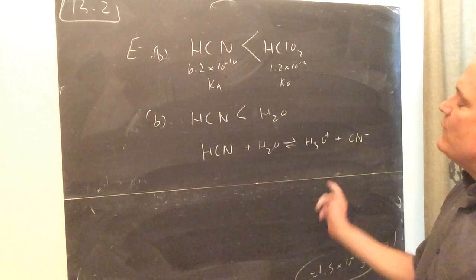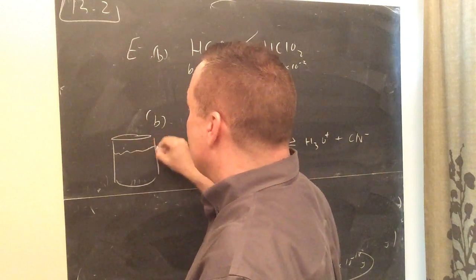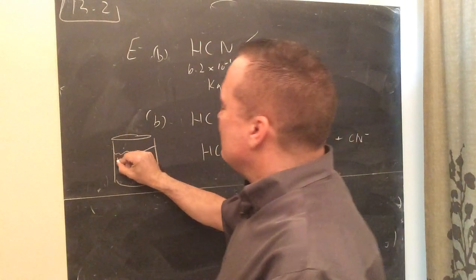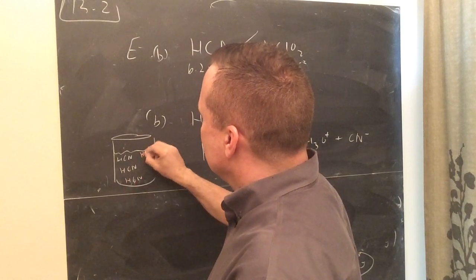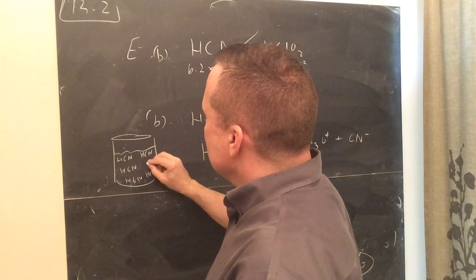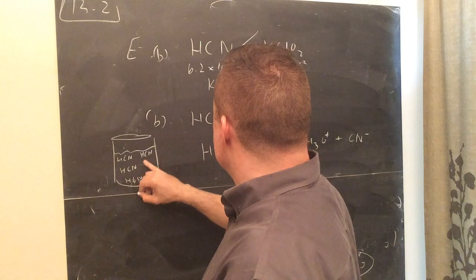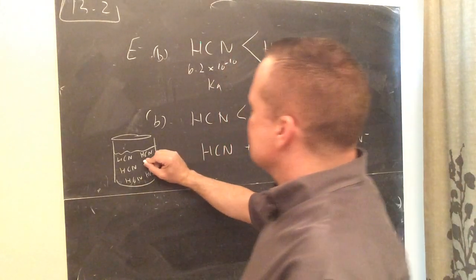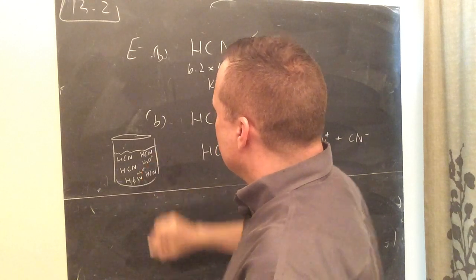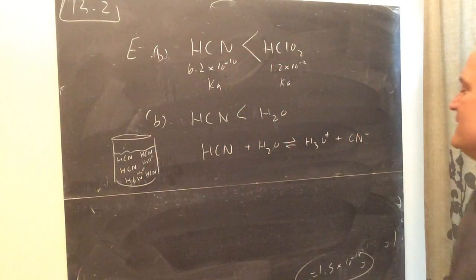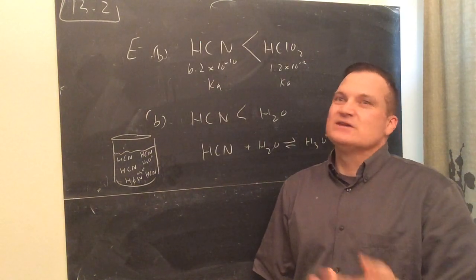Where does the equilibrium position lie for this? Okay, it's almost all on the right. The left. Sorry about that. Left. Almost everything in here is HCN, HCN, HCN. You only have a little bit of H3O plus there. Okay? So what it tells me is that water, remember we talked about water is the weakest of all